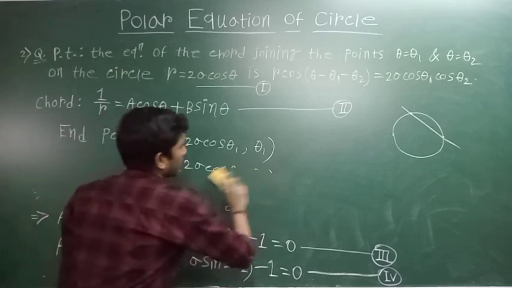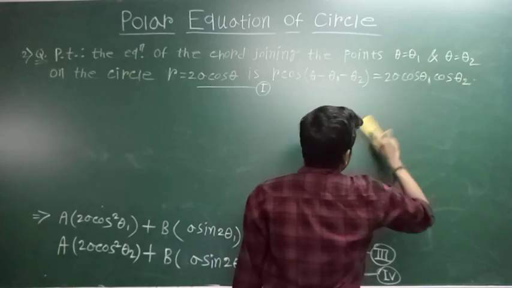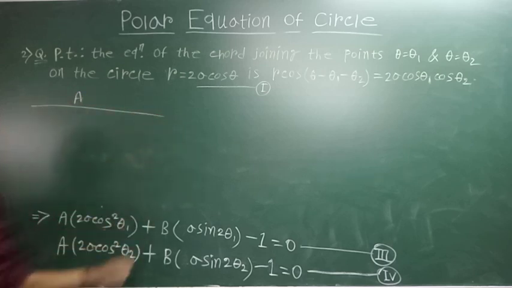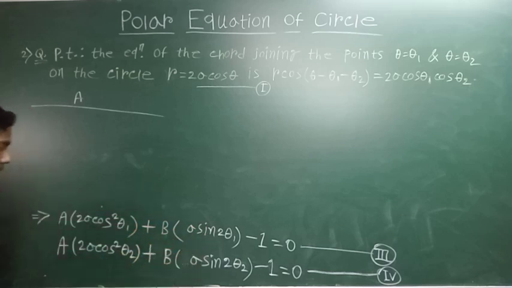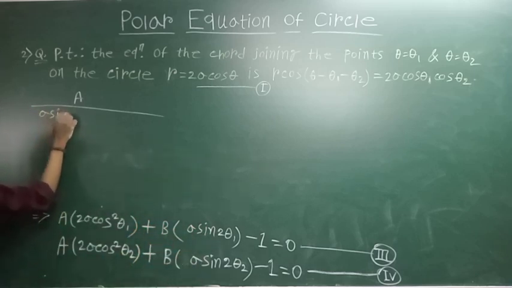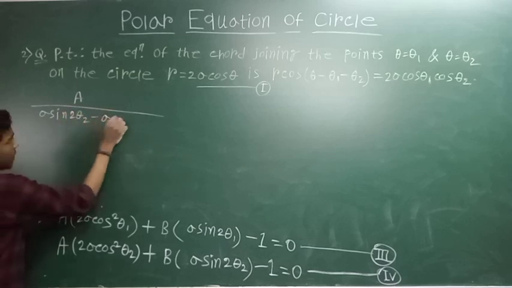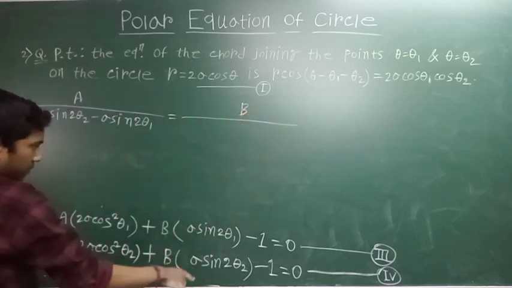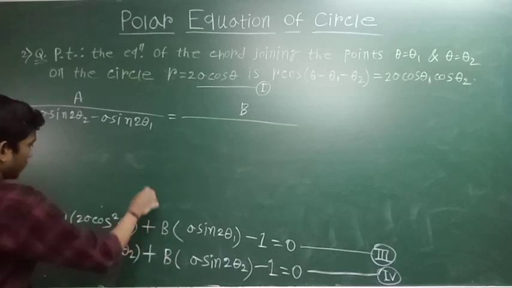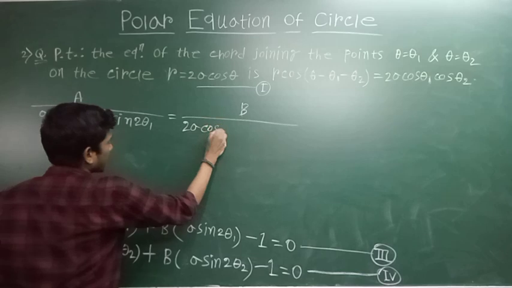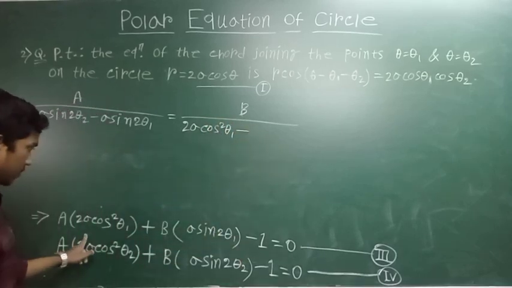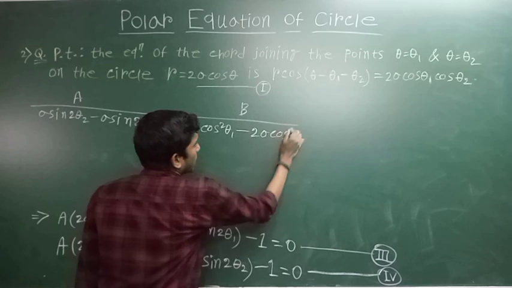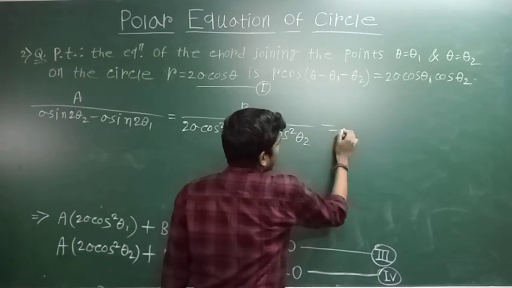So we can write, okay, a by this minus this, so a sin 2 theta 2 minus a sin 2 theta 1 is equal to b by this minus this, so 2a cos square theta 1 minus 2a cos square theta 2. Okay, this is equal to